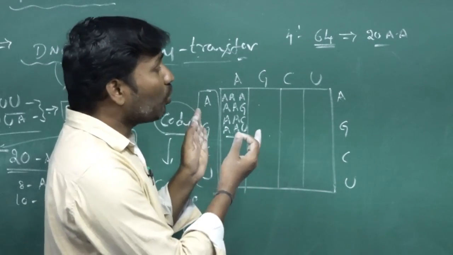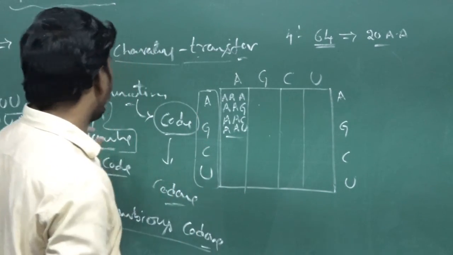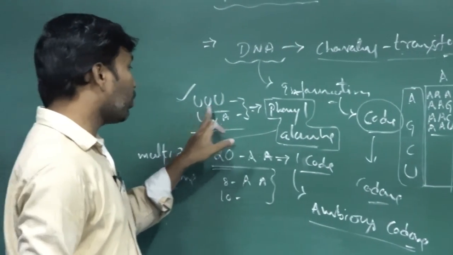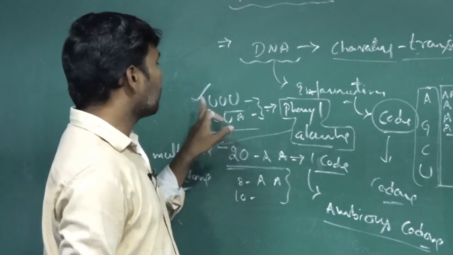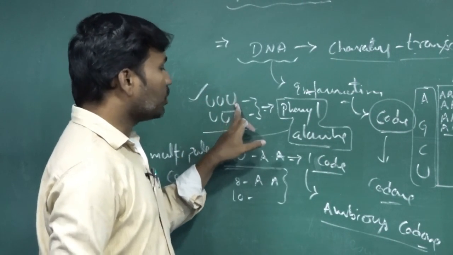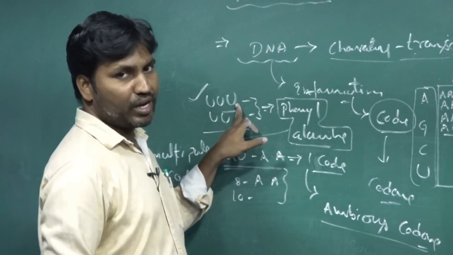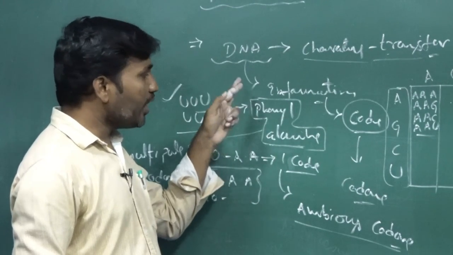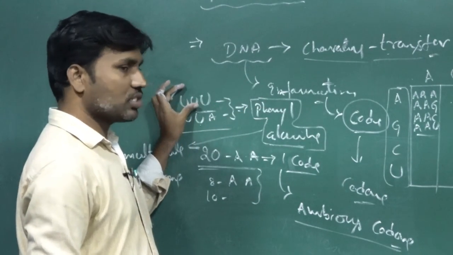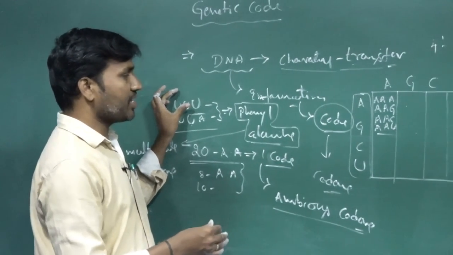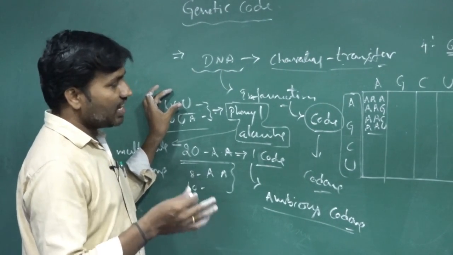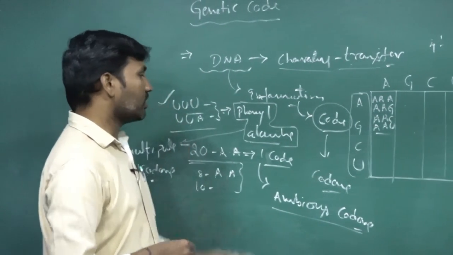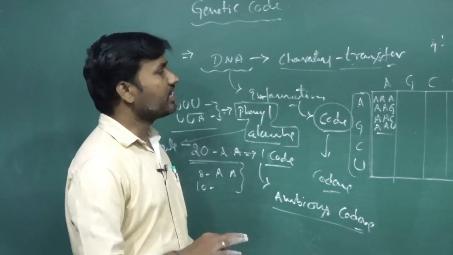So this is regarding the codon, the genetic code, nothing but the triplet code, the triplet nucleotide sequence of the mRNA, which produces a specific amino acid. This is called a genetic code. Like this, DNA to mRNA copies the information as codes. That code stores the information from the mRNA to tRNA, tRNA to rRNA processes this information, and they synthesize the amino acids. So this is regarding the genetic code.